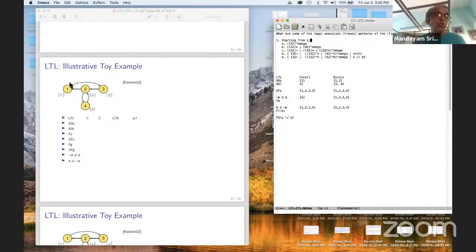Or you can do 1, 3, 2, 0 or more times, followed by 4, 2, or 1, 3, 2, each of which 0 or more times. That pattern then gets repeated